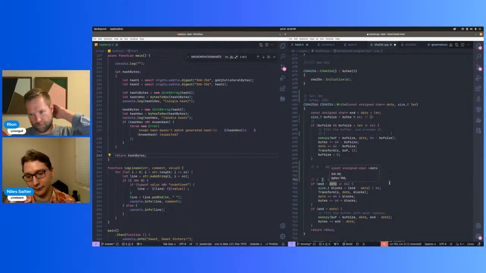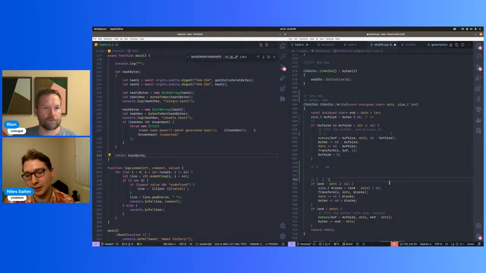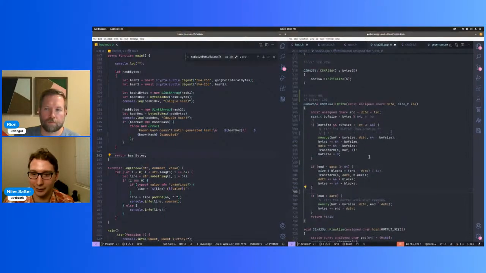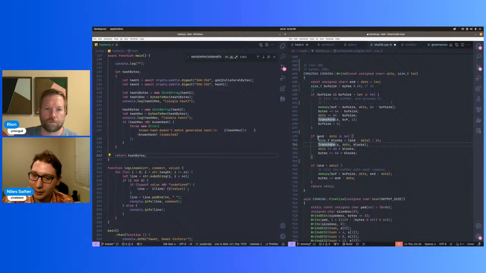So this would have been a length of 3 because we're looking at 0, 1, and 2, and not 3. And 3 was the one after it. So that makes sense. I'm confusing myself. Sorry, guys. It's late. I worked a lot of hours. Okay. So end minus data is our length,